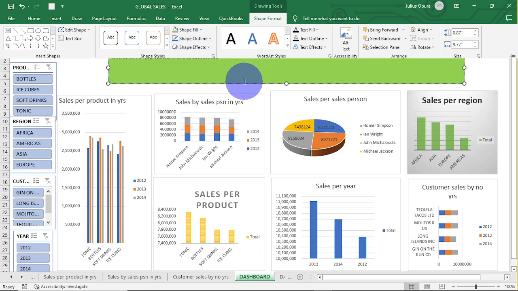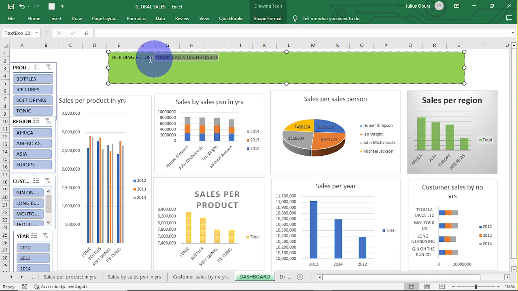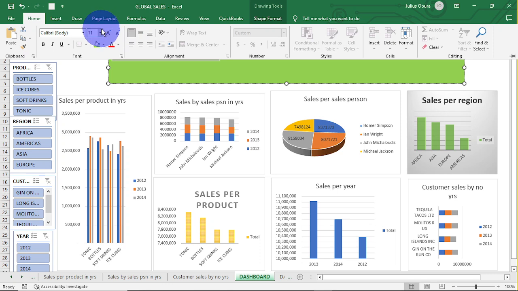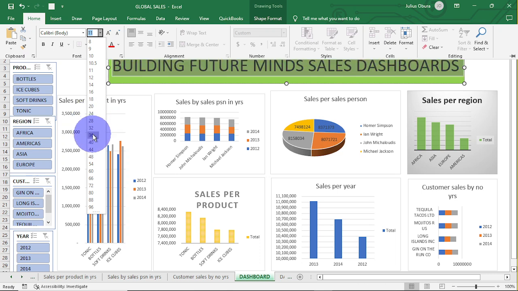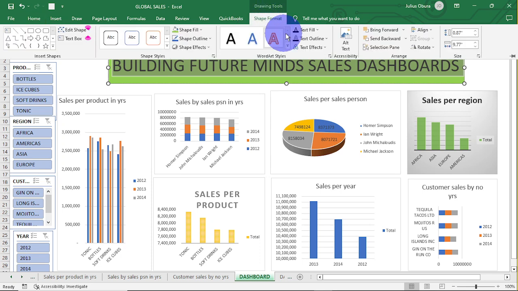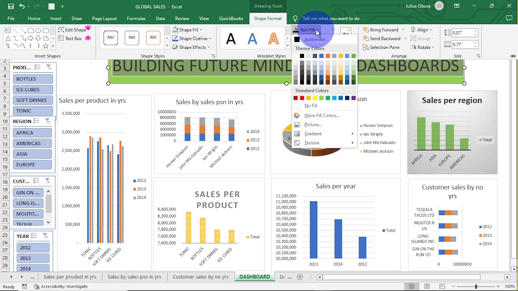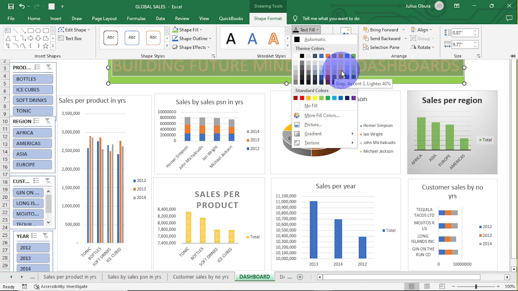Then for my text here, I'm going to make sure that it is well visible. So I want to increase the font for my text. Let me see how font size 32 works, or maybe 36. Yeah, that works best. So I'm going to have font size 36, and then once again here I'm going to change its color. To change its color, I'm coming here to text fill. Then I'm going to select a color that is going to be